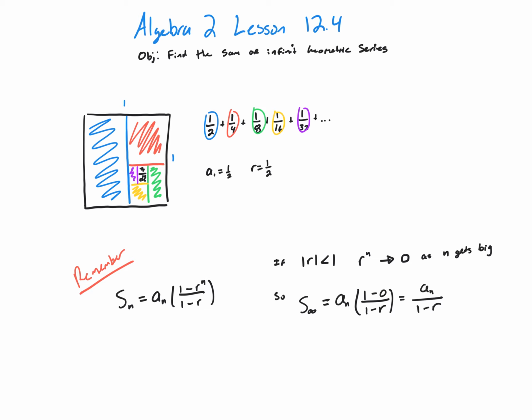Now, if I stopped at any point, and if I just did the first 200 of them, it wouldn't quite be 1. I'd still be missing a little bitty piece there in the middle. However, if I summed up infinite of them, it would actually fill in this square completely, meaning the infinite sum would be 1. So remember from